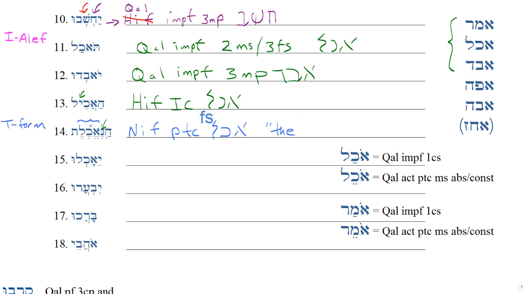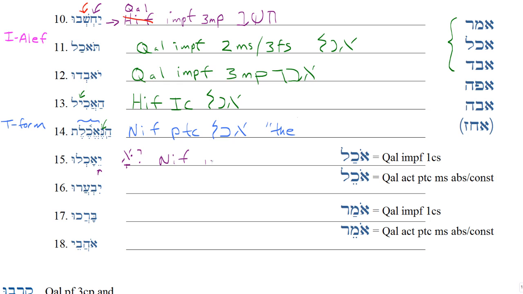Finally, let's look at number 15 here, ye'achalu. Here's another case where we're not looking at a kal imperfect, and so it acts like a one guttural. And so we have the tsere. We're looking either at a segol or a hirik that was lengthened, and normally with a yod prefix we won't be looking at a segol, we'll be looking at a hirik. So we have a tsere indicating an original hirik prefix, and the lengthening indicates that this was doubled. We can't double an aleph, but let's just pretend here. And then we have our R1 vowel is a qamets, and so all of these put together indicate a nifal,